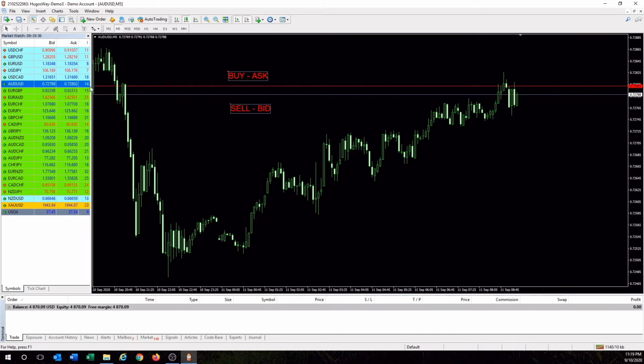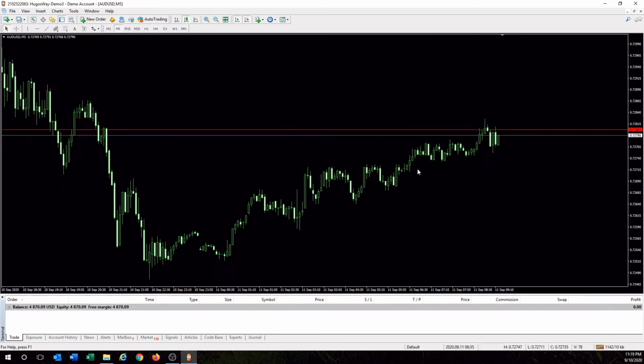And the spread is always visible by just pulling up this little chart on the left here. So I'm just going to delete this. I just want you to remember that the bottom is the bid price and the asking price is a red line. So I'm just going to delete that. And I'm going to close this too.